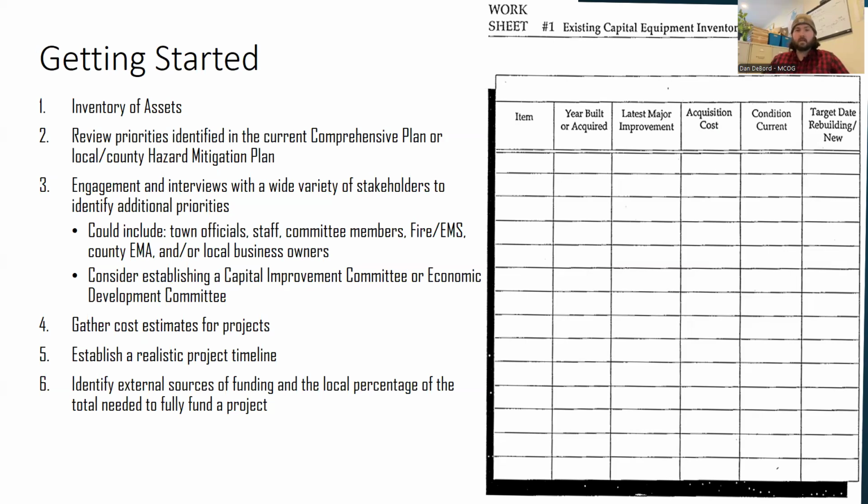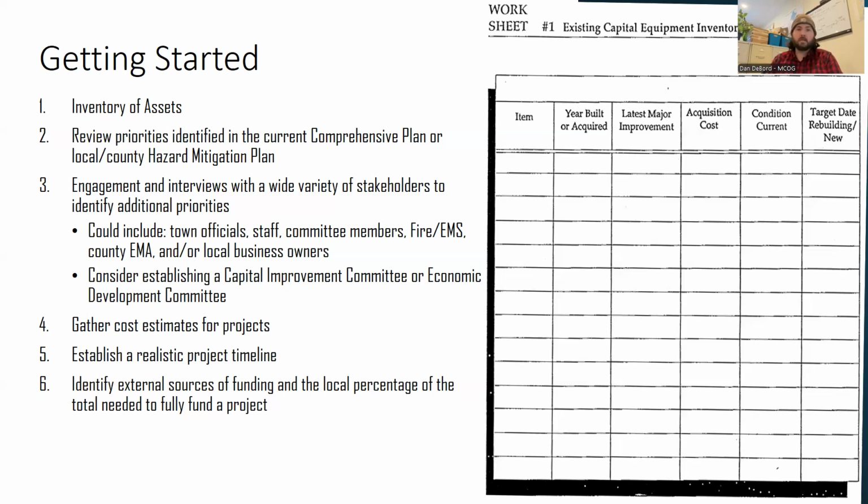Review priorities identified in your current comprehensive plan, or potentially in your local or county hazard mitigation plan. And then as far as identifying additional expenditures that aren't currently assets the town has, you can and should